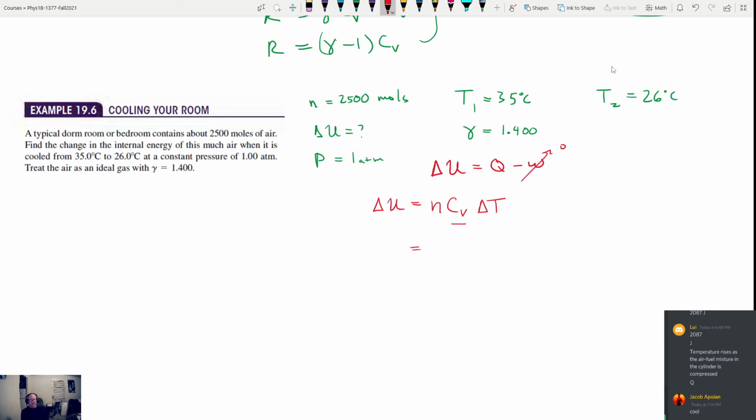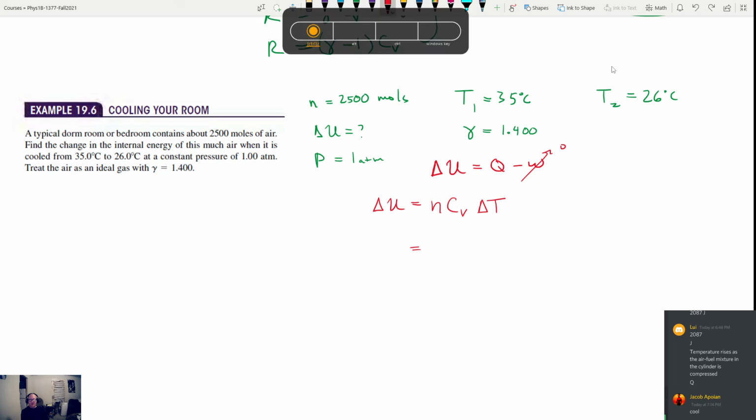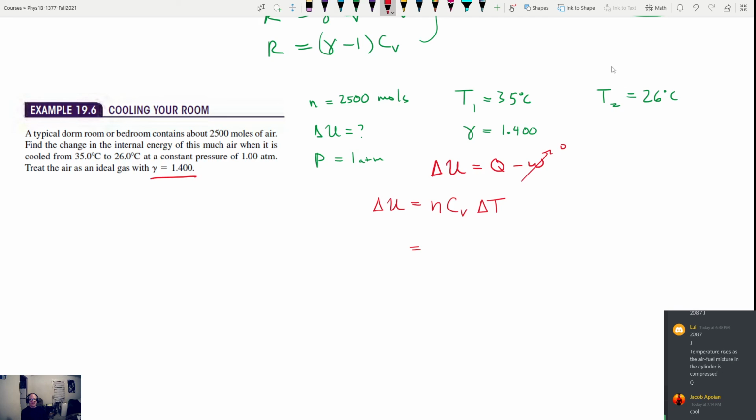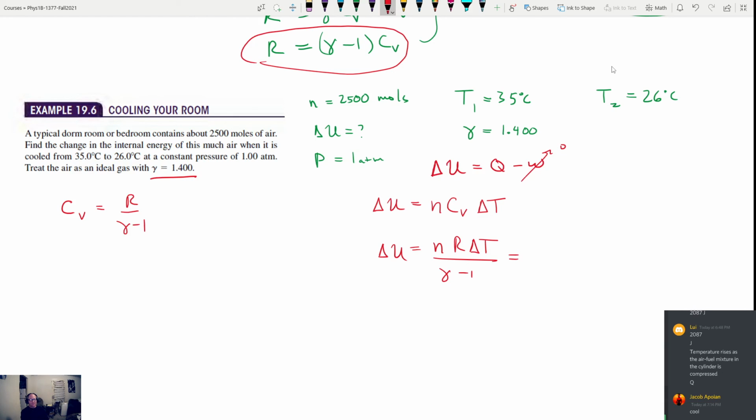Now, we could go and look up CV for air, but we don't have to do that because we were given that gamma was equal to 1.4, right? And from this equation here, we can use that to solve for CV. So CV is equal to R divided by gamma minus 1. And we can just plug this in for CV. So we'll have N R delta T divided by gamma minus 1 equal to the change in internal energy of the system. So that's going to be 2,500 moles times the gas constant